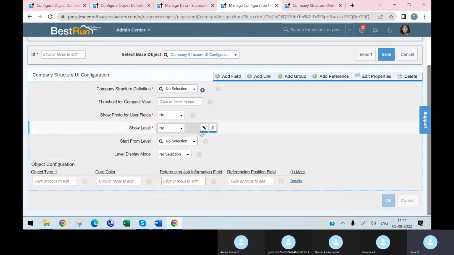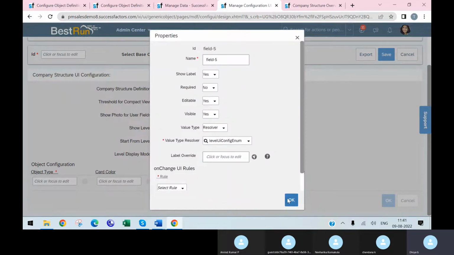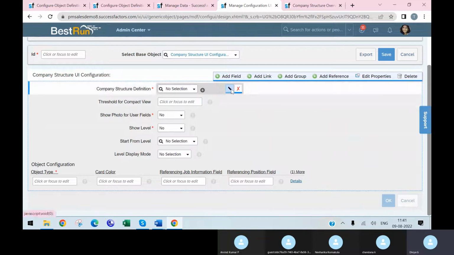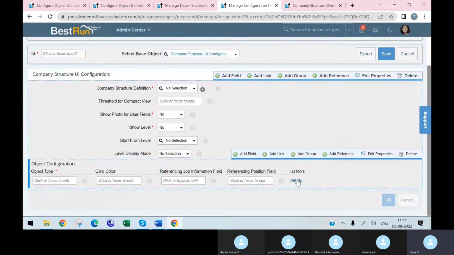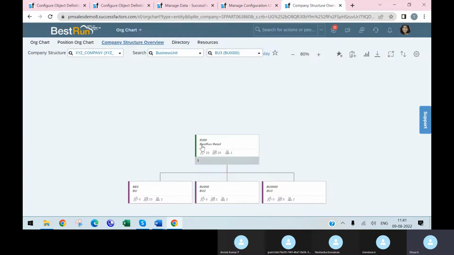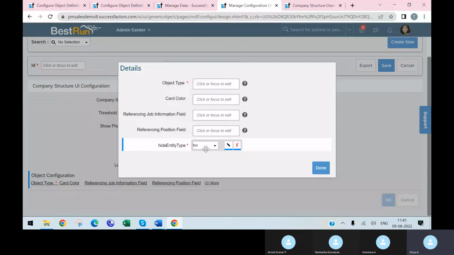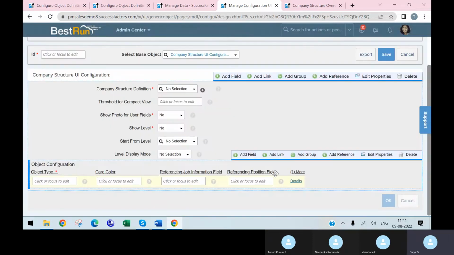So first I'll go to this. If you want to add more, or if you want to hide an entity, in the sense all the objects here, these are all called entities. If you want to hide any entity, you can hide the entity also. Which position field you require, what job position you require, those things we can give here. And if you want to add some fields,